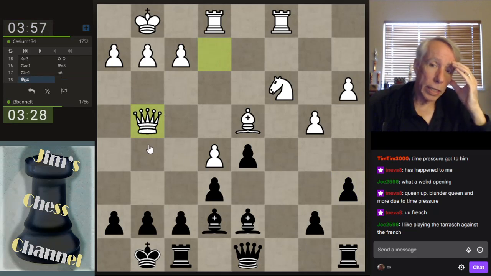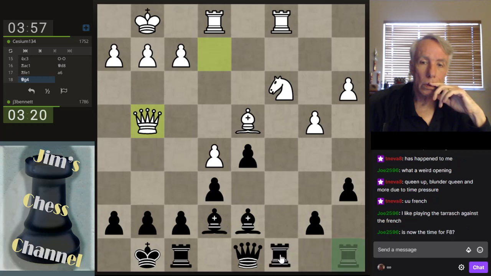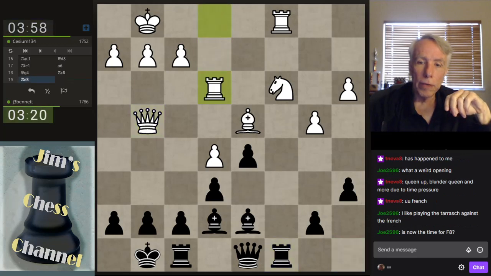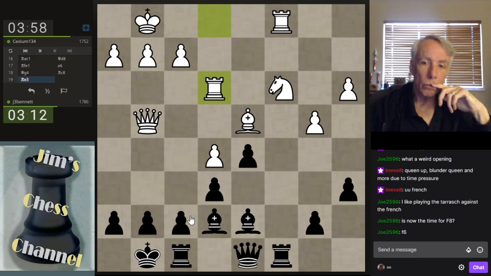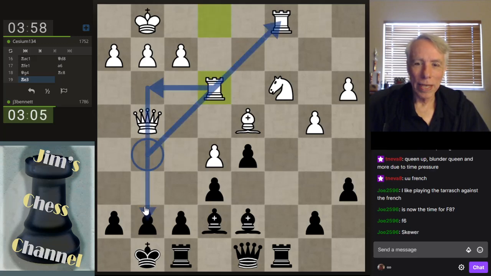Yeah, now he's looking at dangerous things. It's now the time for f8. f6, maybe. Maybe it was. So I can put my bishop here, skewering, but then he puts his rook here, threatening mate. So it's kind of a